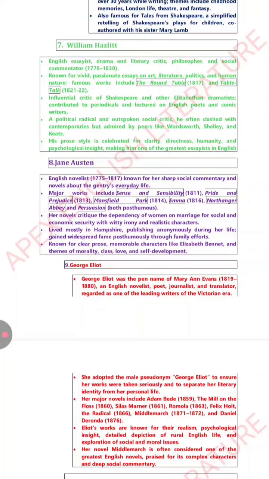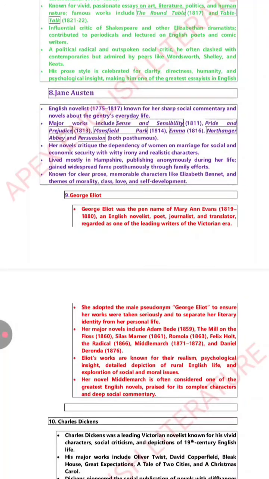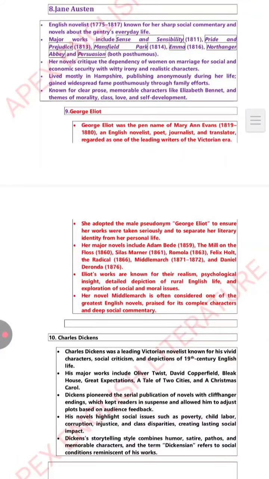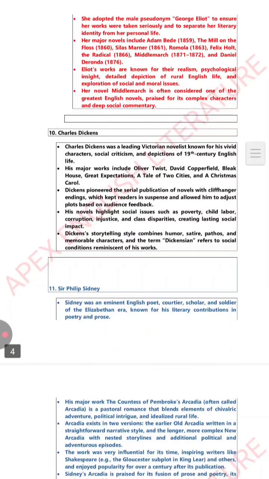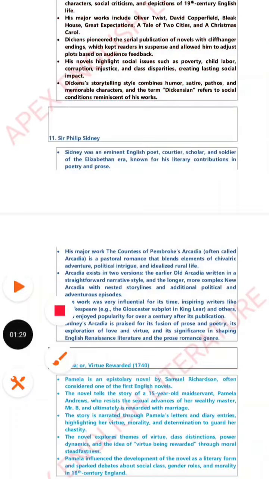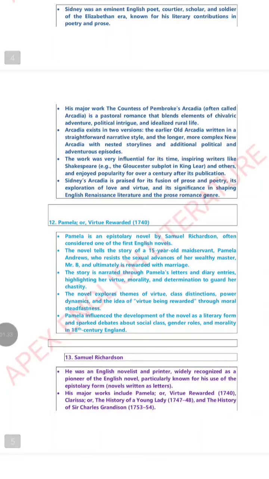novels like Sense and Sensibility, Pride and Prejudice, Mansfield Park, Northanger Abbey, and Persuasion. Then we have George Eliot, who has written Adam Bede, The Mill on the Floss, Middlemarch, Daniel Deronda, Charles Dickens, who has written Oliver Twist, David Copperfield, Bleak House, Sir Philip Sidney, who has written The Arcadia, Pamela or Virtue